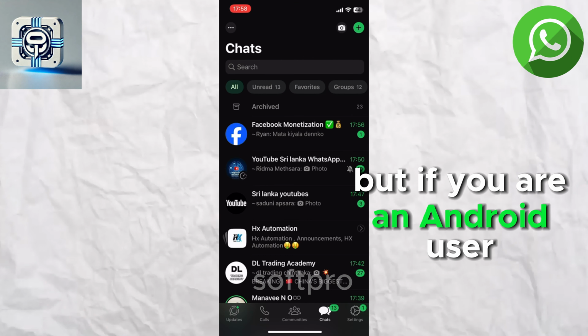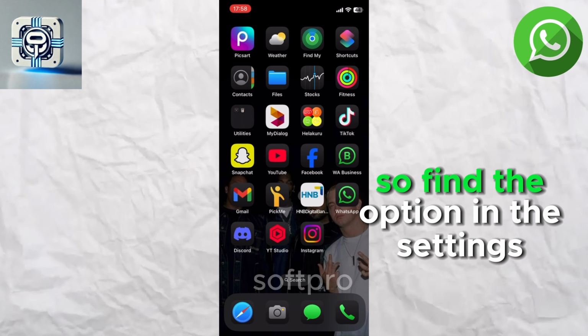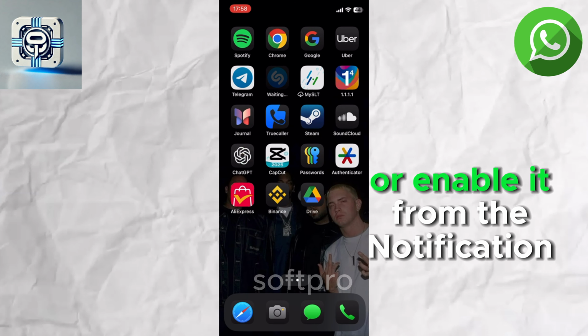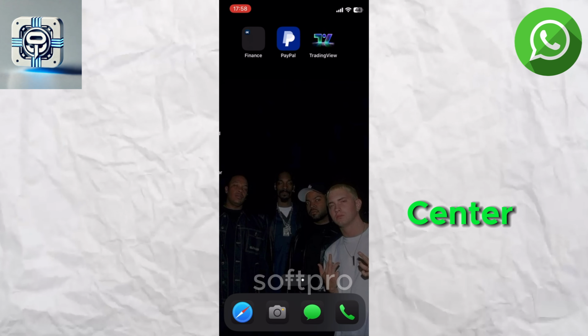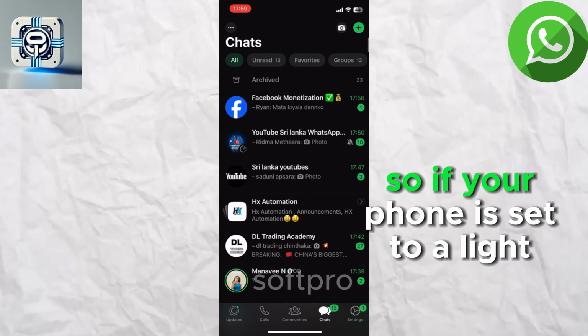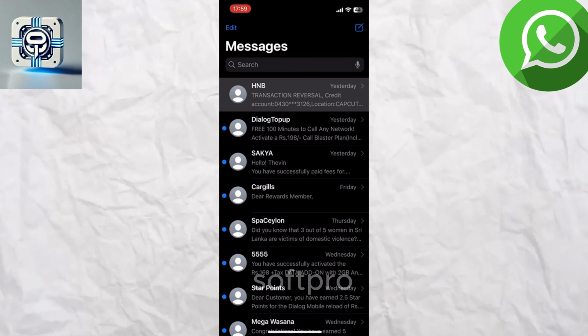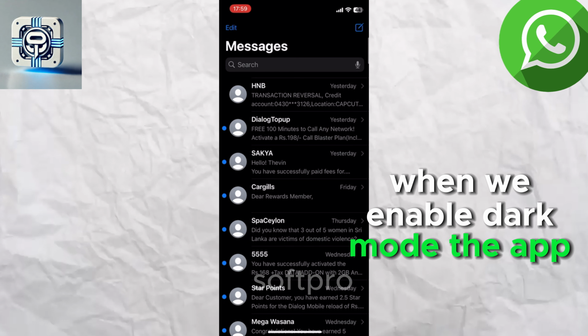But if you're an Android user, then enable dark mode on your device like you normally would. So find the option in the settings, or enable it from the notification center. The WhatsApp application follows the system theme of your device, so if your phone is set to a light theme, the app will have the white theme applied to it, but when we enable dark mode, the app automatically turns